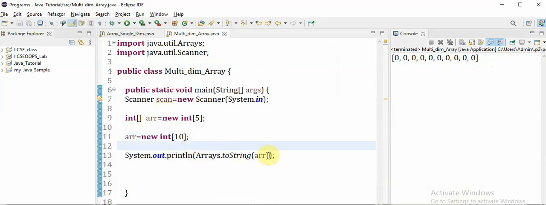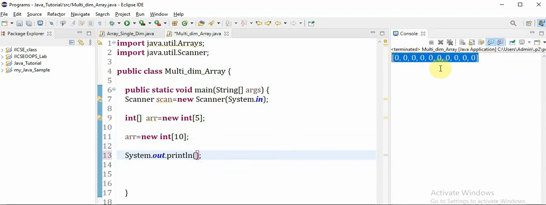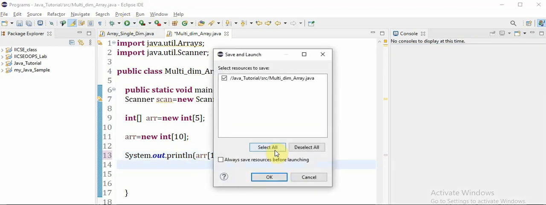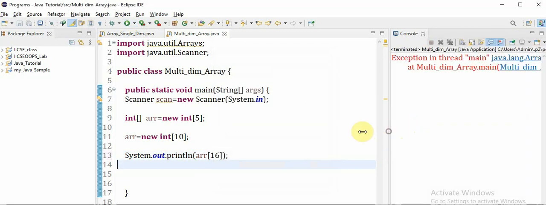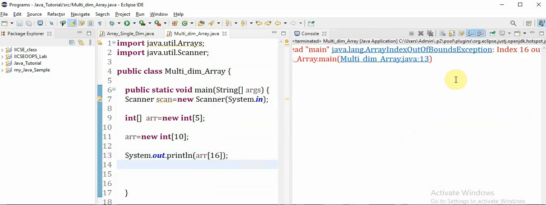So we can change the size of an array in the code, but during the runtime, say for example, let us do like this. Here we have the size of 10, totally 10 elements in the array. But if I try to do this during the runtime, I am trying to get the 16th element of the array. During compile time, it is not showing any error. It is checking the syntax, and no error is displayed. I am not getting any red underline here. But when I run this program, you will get an exception. The exception name is ArrayIndexOutOfBoundsException.